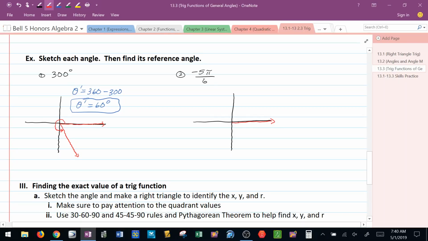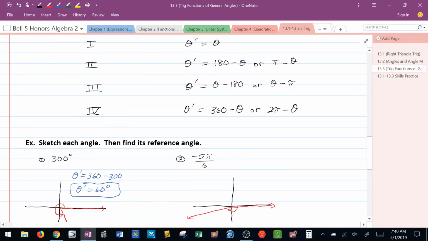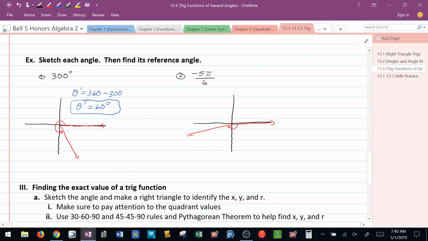I know because it's negative, I'm going to be moving clockwise, but I'm going to end up just short of that 180 degrees, or pi radians. All right. That tells me that my terminal side is in the third quadrant. All right. If the terminal side is in the third quadrant, again, there's your list. What I need to do to find theta prime